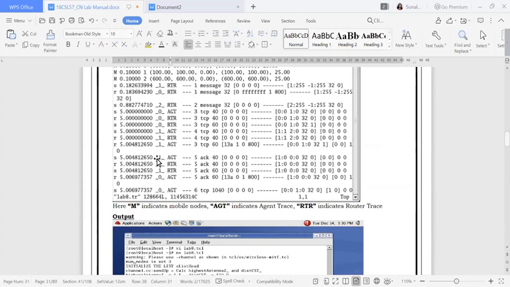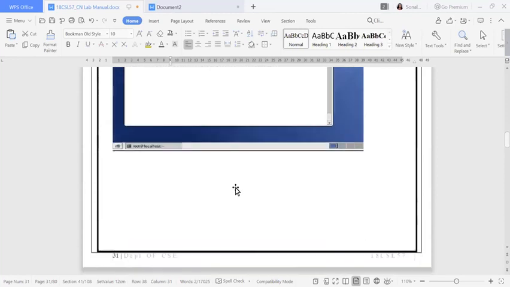It will not consider it because we don't want this line. Whenever R is there, this is node 0. That also we don't want. So whatever we have written in our awk file, only that we are going to consider. Here I have written M means the mobile nodes, AGT means agent trace, RTR means router trace. That I already told you. Similarly, this trace file is going to work out.